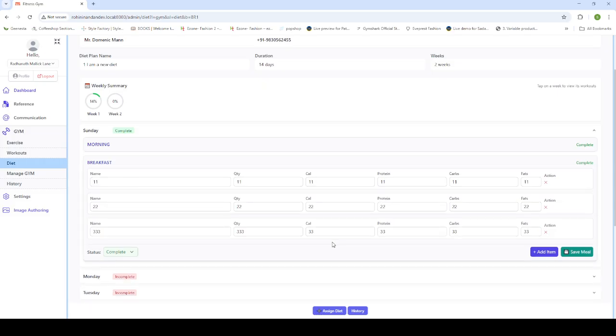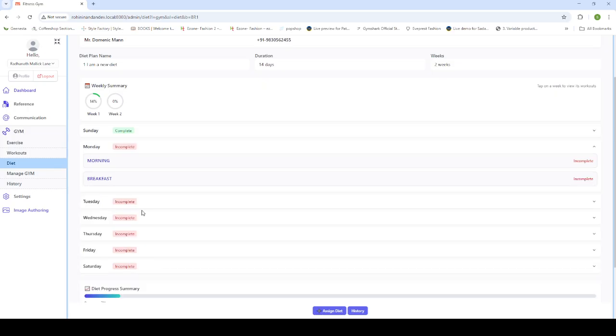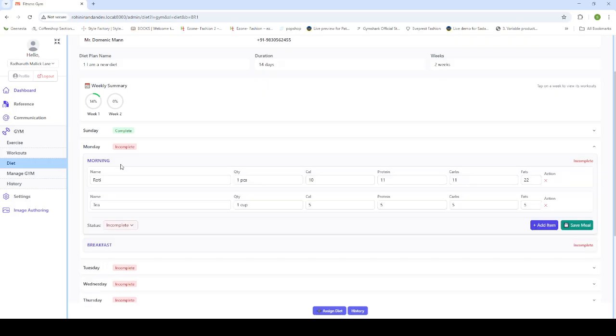If I go for the breakfast, and suppose I have a few dummy items over here, if I make it complete now, it has also been completed. So I am going to another day. Sunday is done, so I am going to Monday. As an admin, these items and the meal plan are supposed to be completed or updated